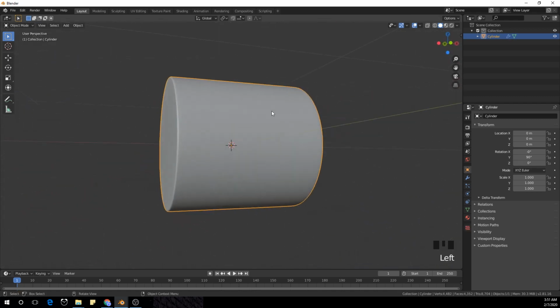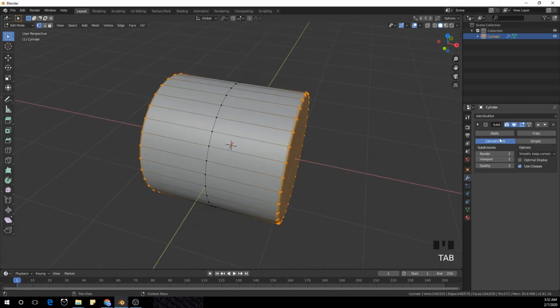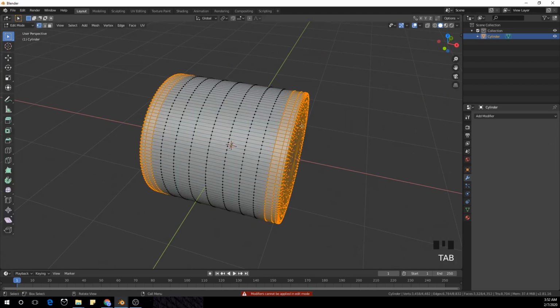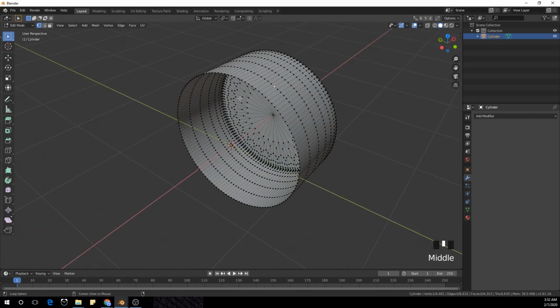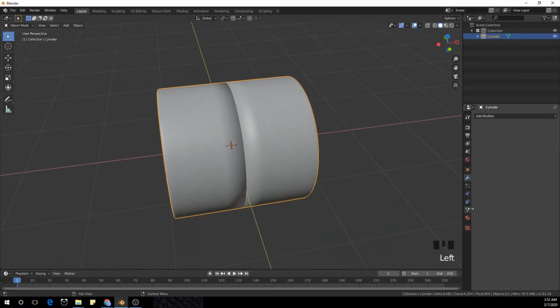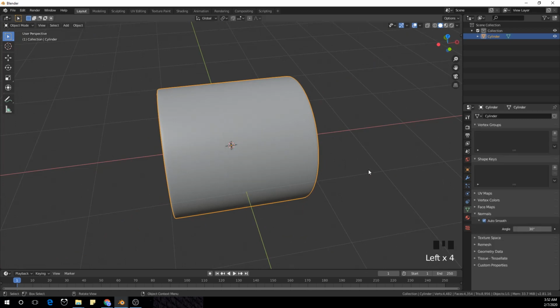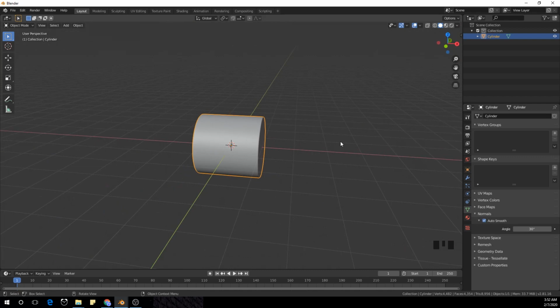Now I'm going to subdivide it with Control 2 and shade smooth, and I'm going to apply the subdivision surface modifier. And now I'm going to select the two and add a face and hide it, and select this loop and add a face as well. Now I'm going to normal and auto smooth. We have the shape,